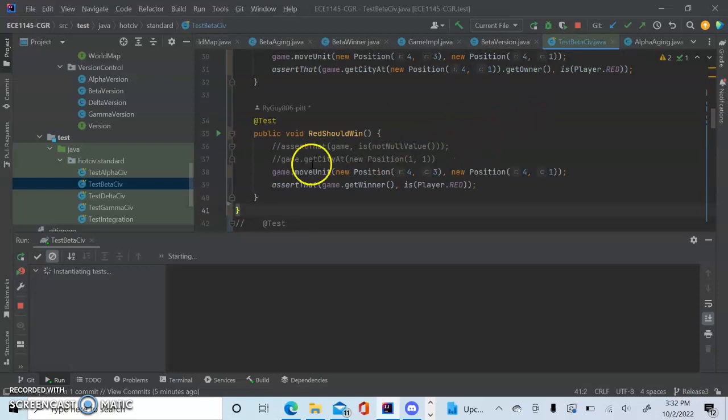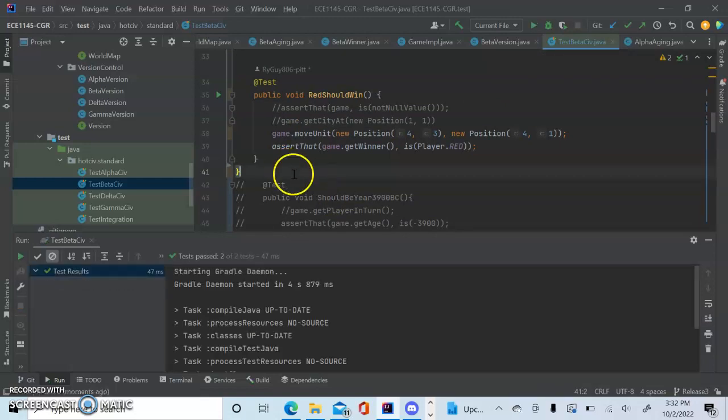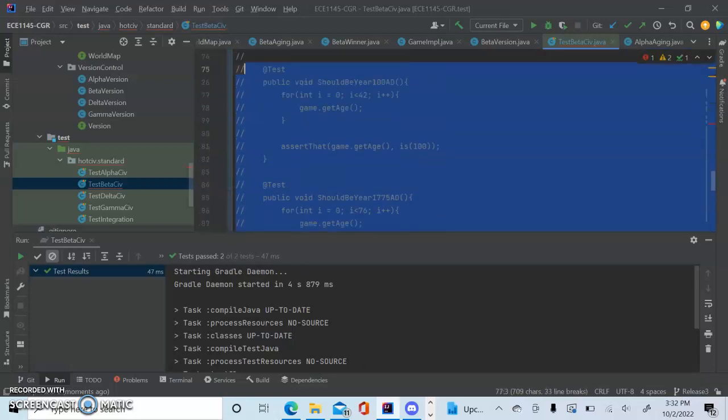Don't know why this is taking so long. There it was. So that passes,